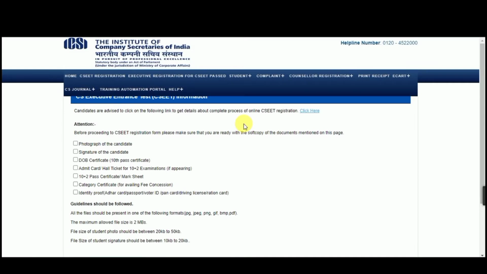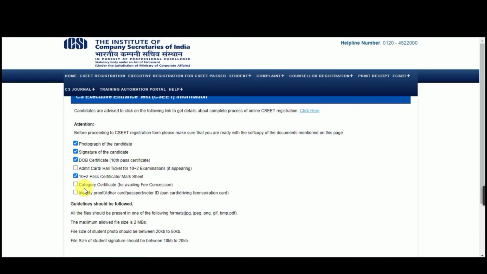Here are some documents which you need to carry with you while registering to CSEET: a passport size photograph of the candidate, a signature on white plain sheet, the 10th class mark sheet for date of birth, and the 12th class mark sheet, or if you are in 12th class then your admit card. If you have any category certificate then click on the box.